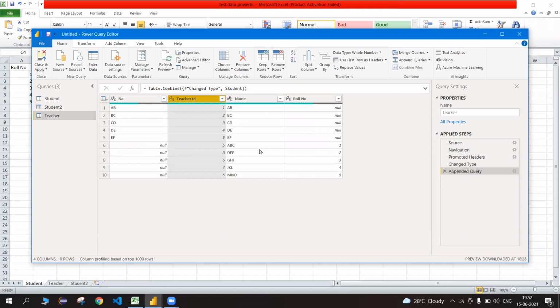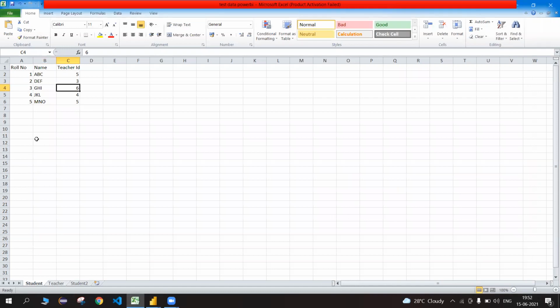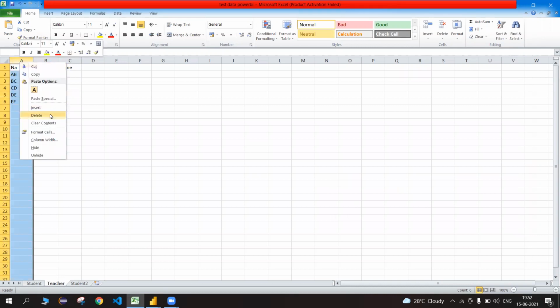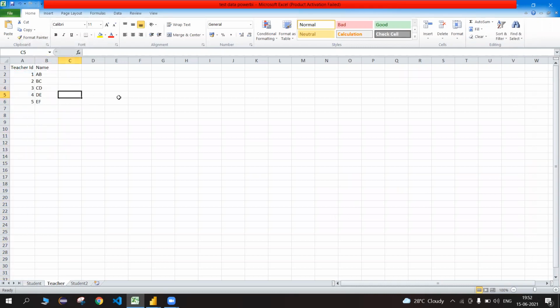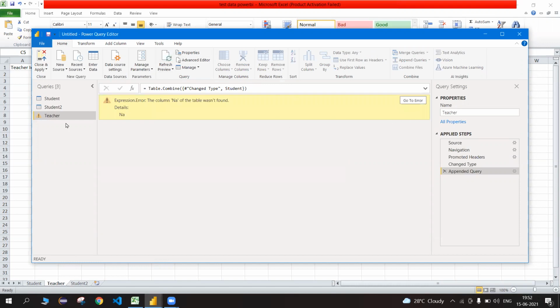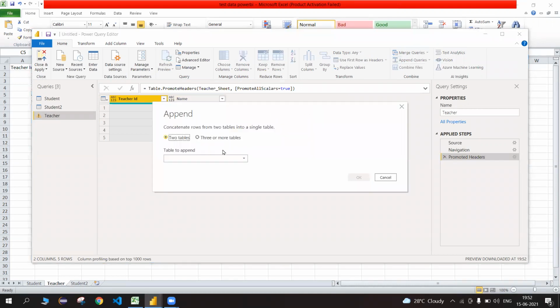Okay. So let us say we need to make some changes to the data. Here is our Excel and the teacher table. So what we do is we remove this unwanted column. We do not require this. Let's remove it, save it, and all I need to do over here is refresh the preview. Once I click on refresh the preview, we get an error. Teacher table, just a minute. Okay, so here's the teacher table, and now let's try appending the data for the student.